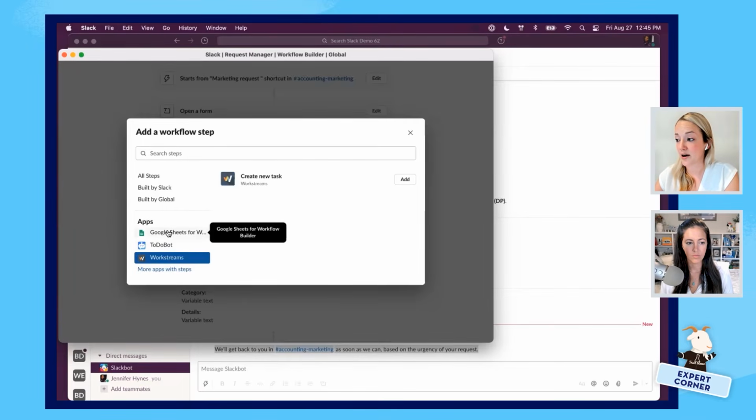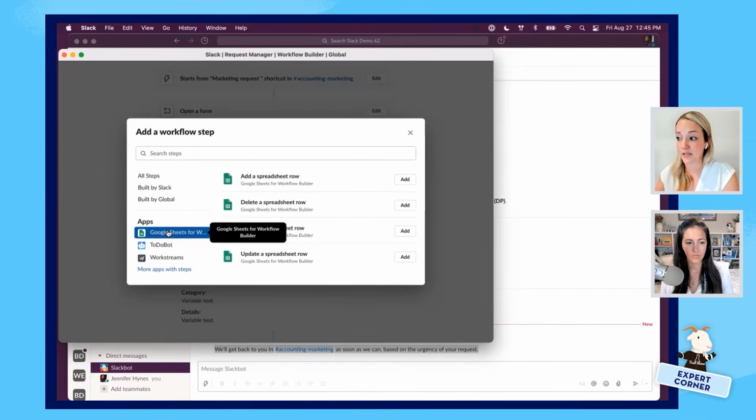I think the most exciting part is that not only do we support steps that are coming from apps that are listed in the Slack directory, but you could also write your own custom app with your own custom steps and then apply those into your workspace. And so everybody in your workspace would have access to those steps. So if you're an admin that can write integrations into your own custom systems and you have steps that you want to add and make available to everyone in your team, that's a great way to extend the power of Workflow Builder through your own custom integrations.